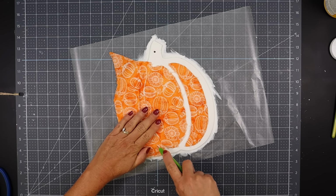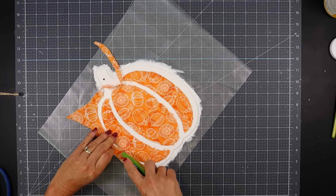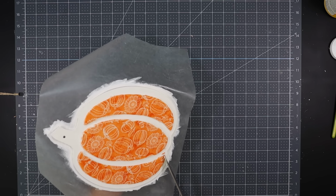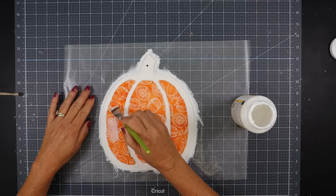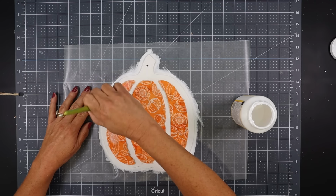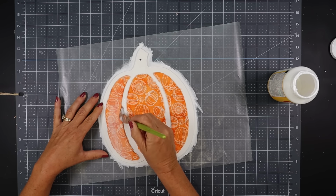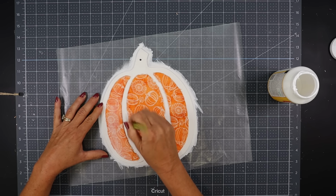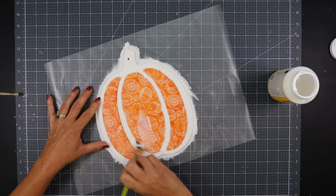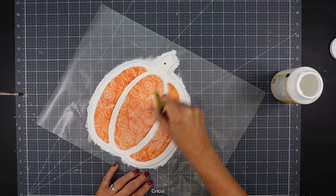Once you have cut around all 3 of those layers, you can then take a pair of scissors and trim off any excess and kind of create those sharp details around the corners. Just make sure that you remove any extra strands or pieces of fabric before you take your Mod Podge and go over top of each of the pieces of fabric, but also go around the edges with your Mod Podge and push any extra fabric up against those edges to give it a clean, finished look,